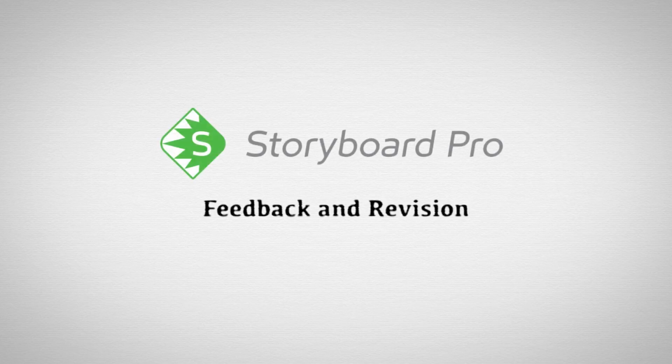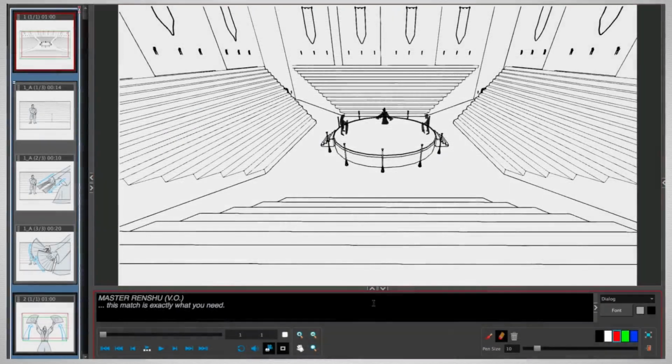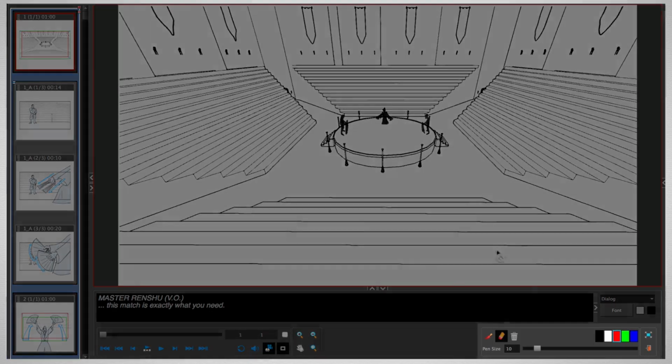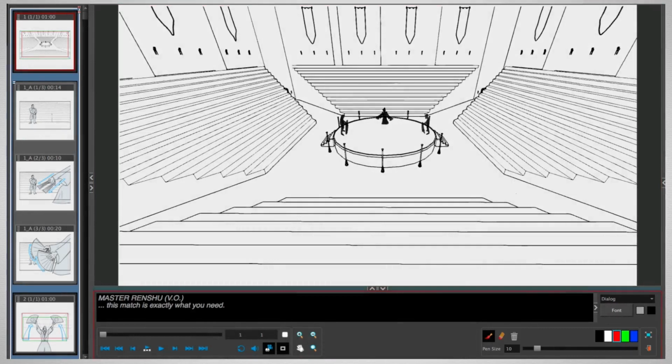So now, let's take on the role of a supervisor going through a board and making notes of changes that need to be made. Here in pitch mode, we actually have a great tool for that. Down here we have tools specifically for drawing in notes and revisions. We have a brush tool. This will use whatever the last brush that you had selected was, but you can set the size with this slider